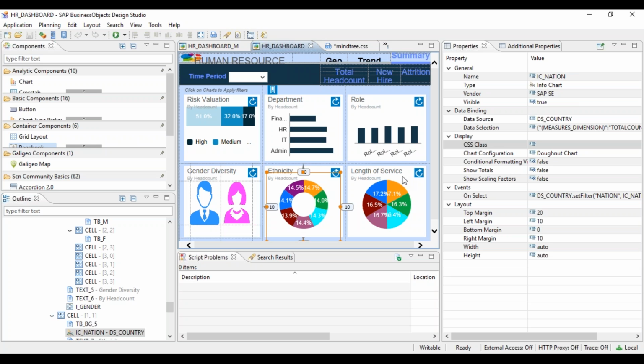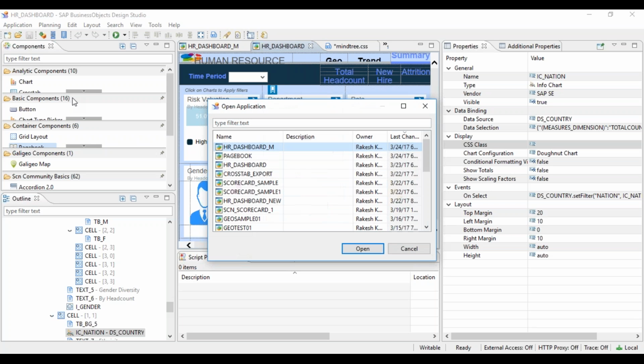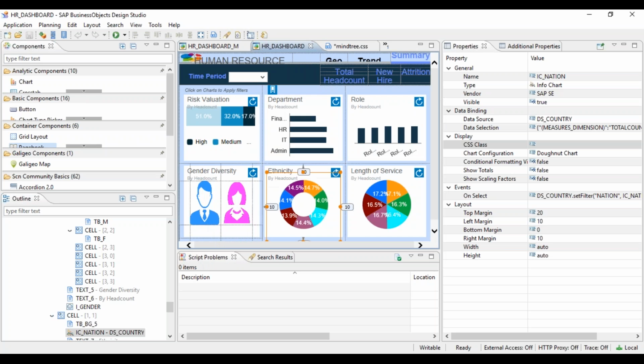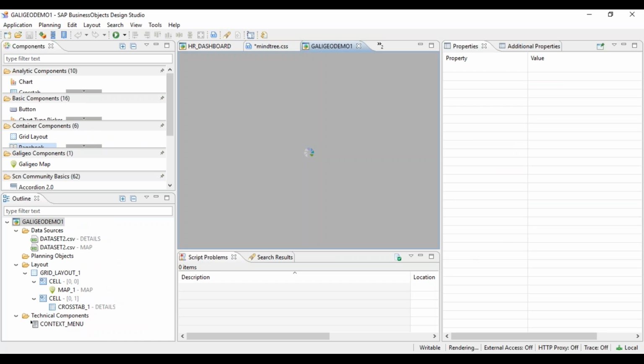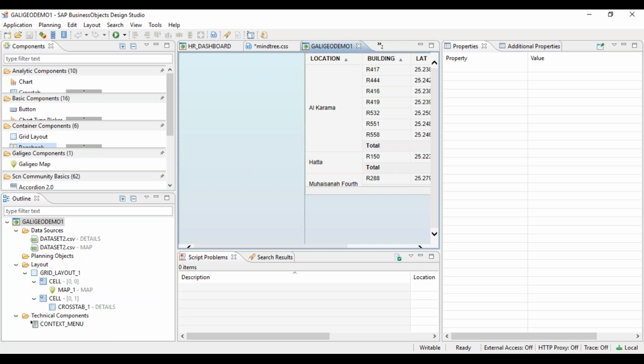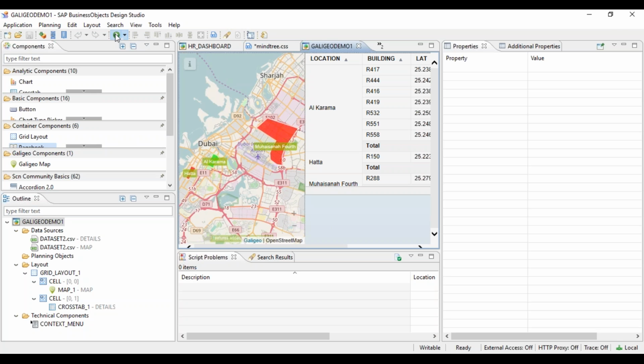Rakesh, about the Galileo, you were saying that you will. Okay, quickly, let's go. I'm very interested to see. Let me see if I have something on Galileo. Galileo demo I created long back. So let me see what it has. I don't know whether it will work or not.